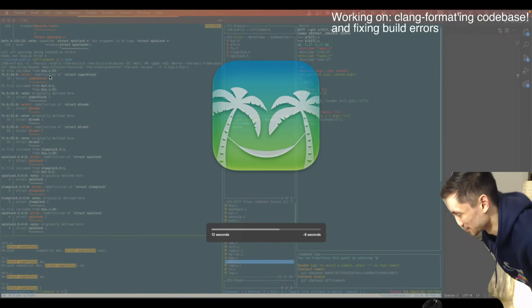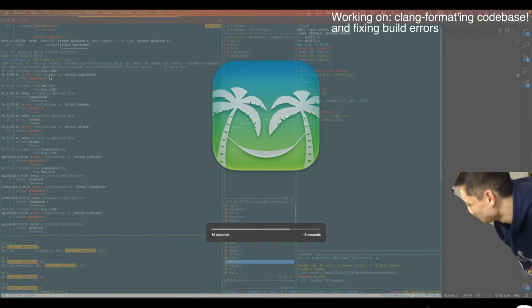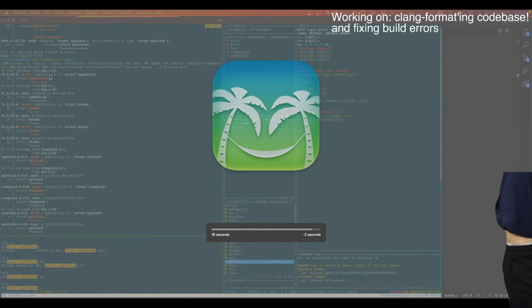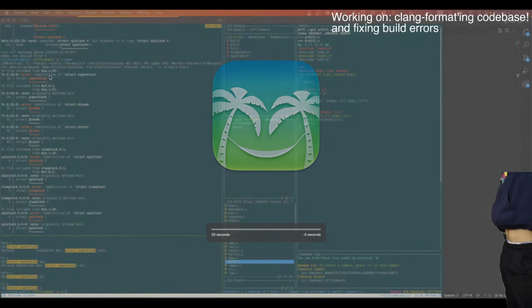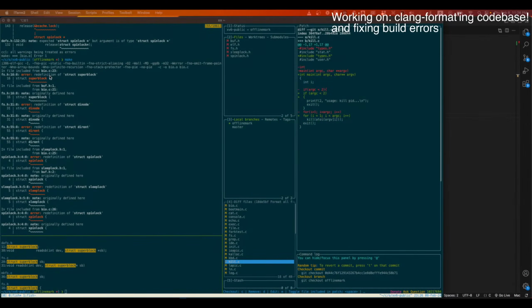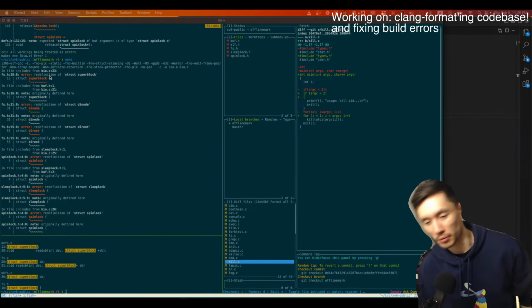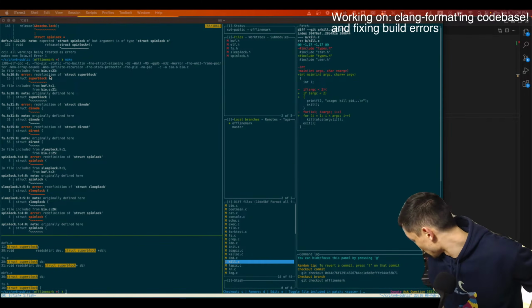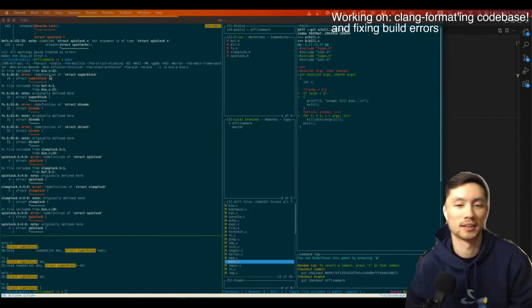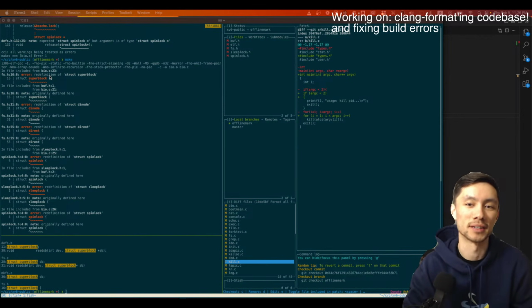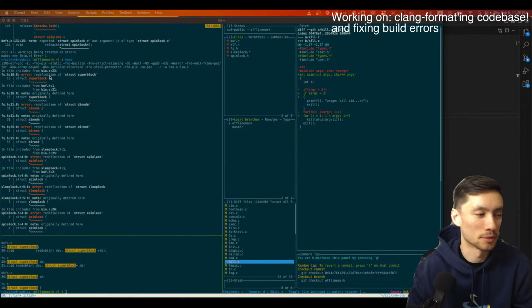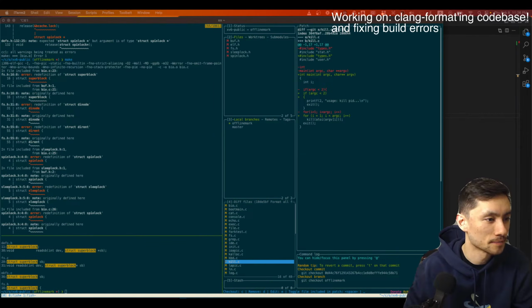Very important to remember to prioritize your health, if you're going to be programming and sitting at computers or whatever.